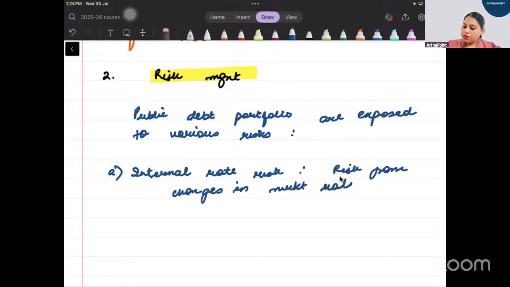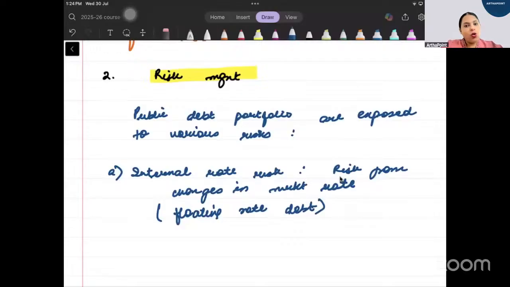So when you take, for example, floating rate debt, the rate keeps changing. It's floating in nature. Usually, most of the loans you take will be floating in nature. When you take a home loan, it will be floating. Other loans, it will be floating. When you take an auto loan in India, that is fixed, right? So when you have a floating rate debt, usually long term loans are on floating rate, you will notice that there is a risk involved because the interest rate keeps on changing, right?